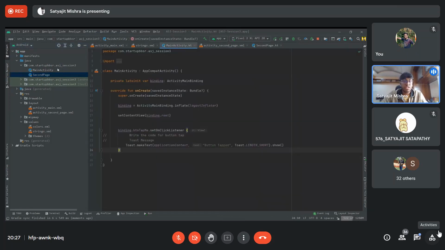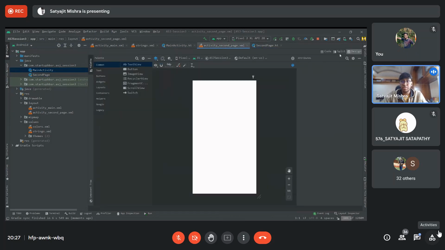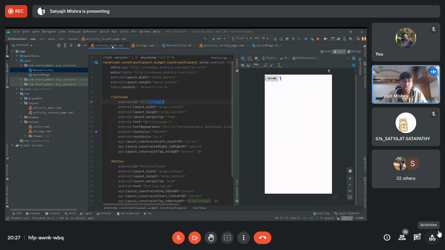Now, suppose I want to go to the second page. For now, second page has no element. If I split it, you can see it only has a constraint layout, but inside it has nothing. It's a blank screen for now. Now, again, I'll just add a text view to it. I'll quickly add a text view, using the same text view that I used here. I'll just copy this code